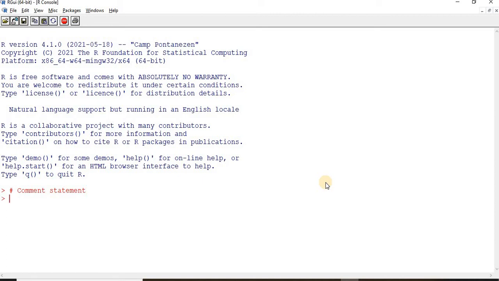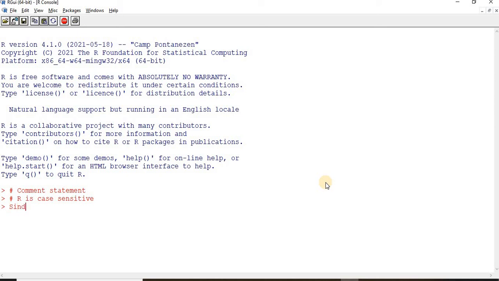The second thing that I would like to tell is R is case sensitive. When I say case sensitive, I can have two different variables with the same name but difference in the cases.